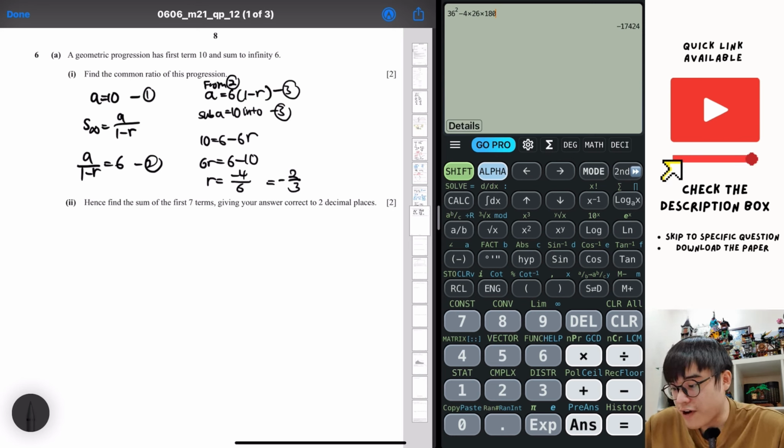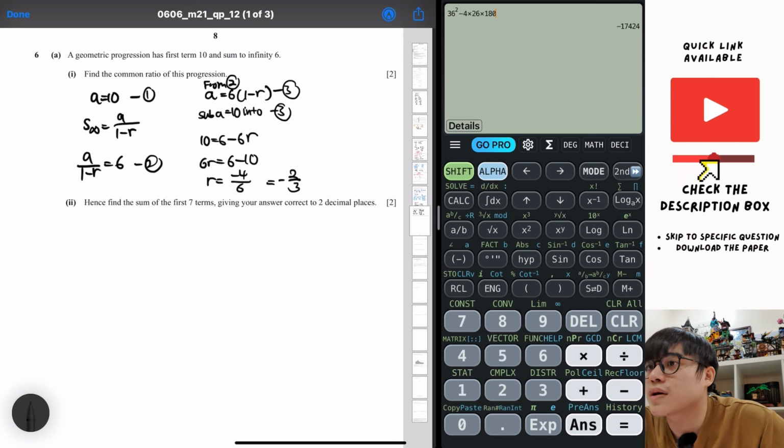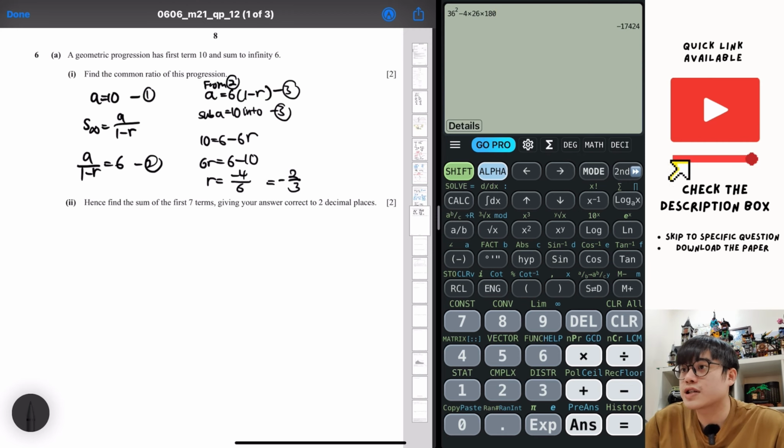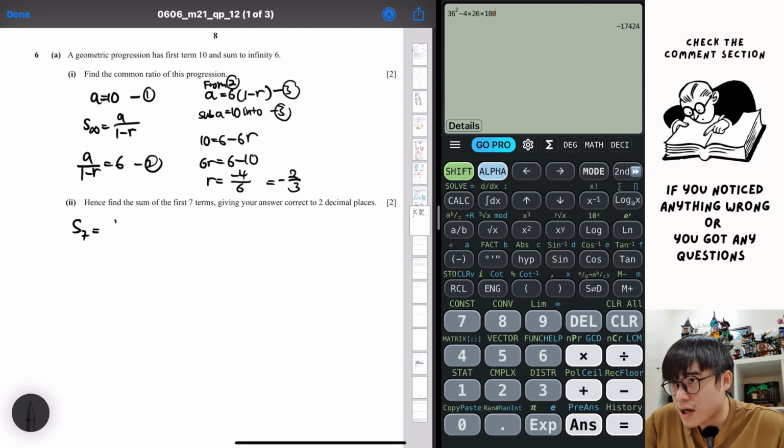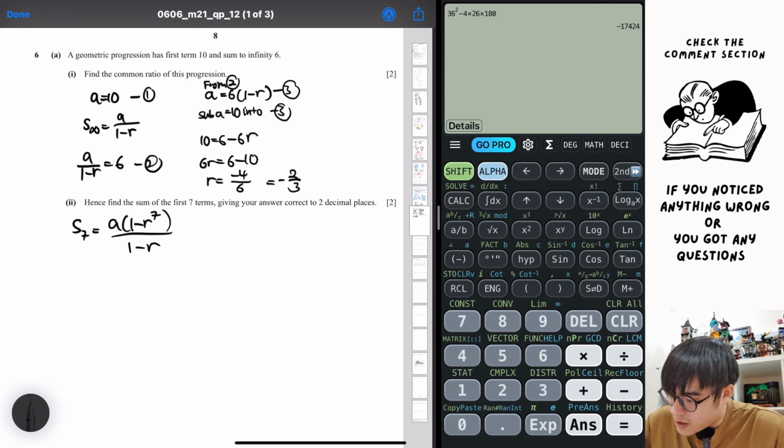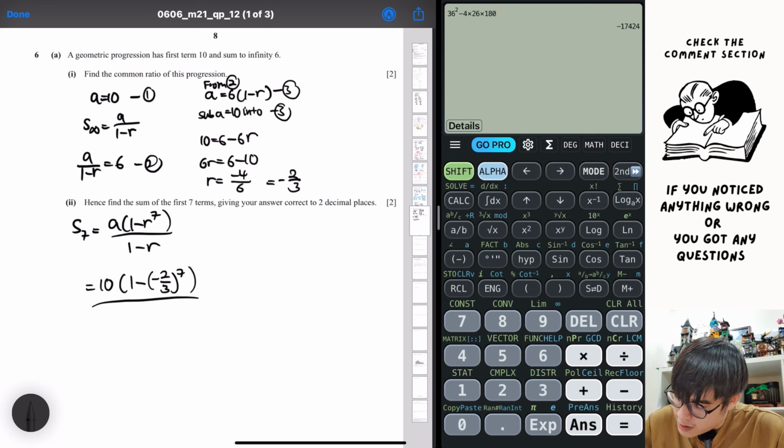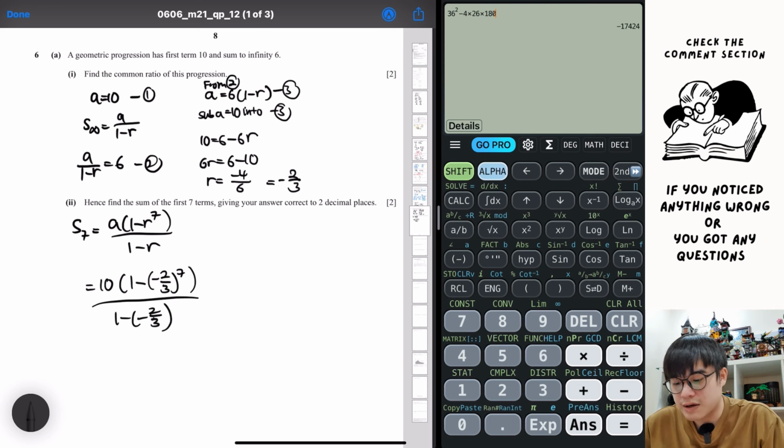So part 2, they asked us to find the sum of the first 7 terms, correct answers to 2 decimal places. So let me pull up the formula here. For this, it is actually S7 equals a(1 minus r^7) over (1 minus r). So our a was 10, our r was negative 2 over 3 to the power of 7, over 1 minus negative 2 over 3. So when you sub in the calculator and run the calculation accordingly,